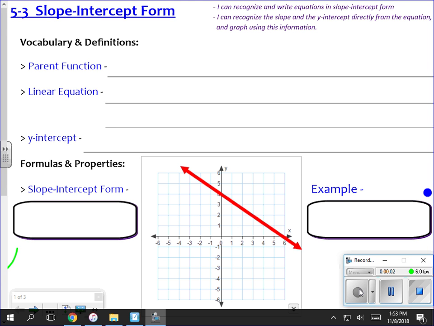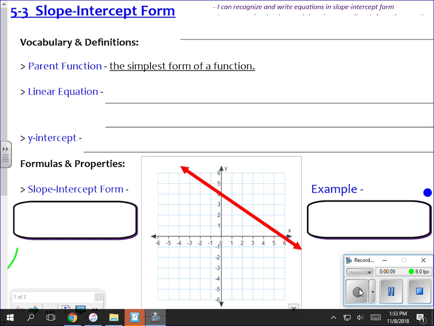Today we're going to talk about slope-intercept form for a line. We're doing linear equations. First thing you need to know,